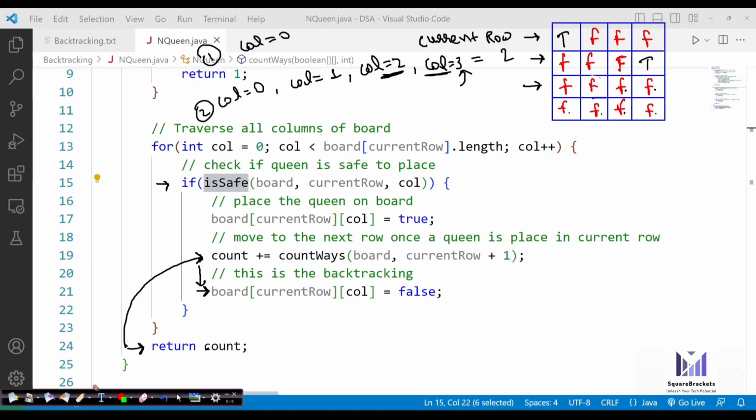So it will now go to the second iteration, and it is already completed. So it will again return, again fall back. Whenever it does a fallback, it will always place false there. It is going to place a false here. Once it again returns, because all the iterations are completed, it returns to iteration number 1. So now after doing all the fallbacks, finally current row becomes 0 again.